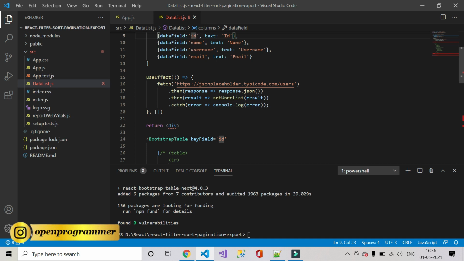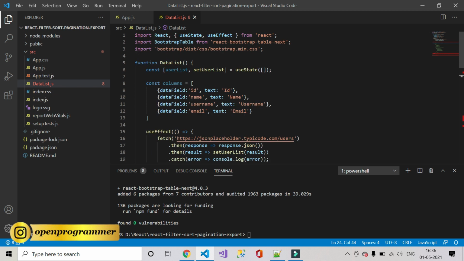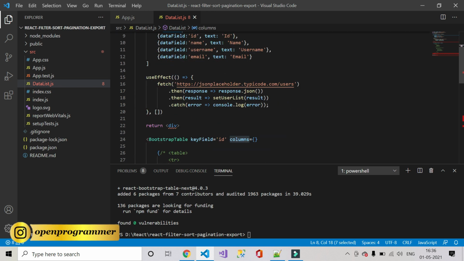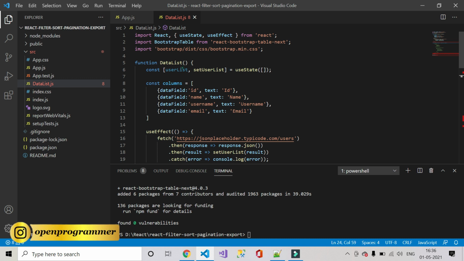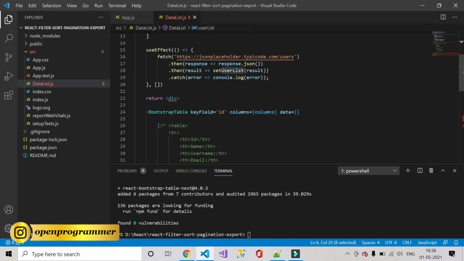Okay, so the first one is keyField and then columns. So we have already created a columns array, columns, and data. So data is coming in this field, userList, paste it over here and close this.